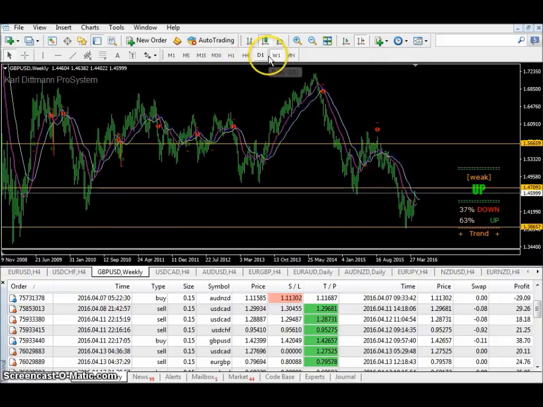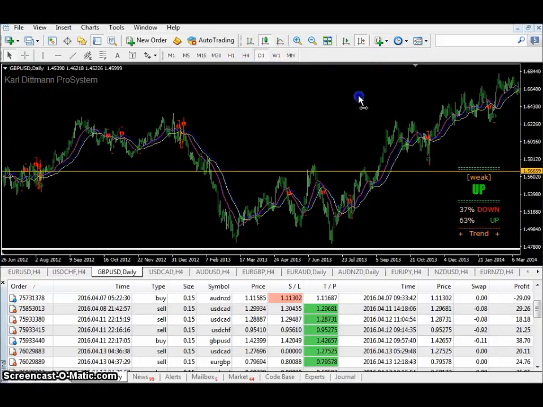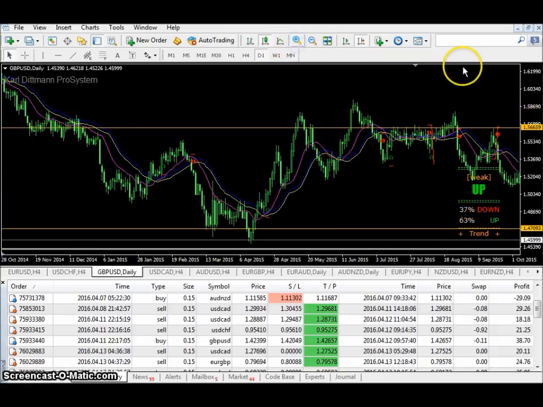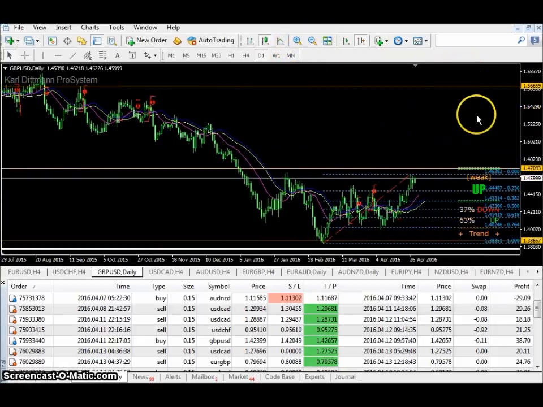So now if I go back to the daily chart, I have 3 lines on here. See where that's at. So there's a good chance that it's going to go at least up to this level before it goes back down. And you can kind of tell by that. Now here's a price level right there. So I'm on the daily chart now. So if I take that in just a little bit more,